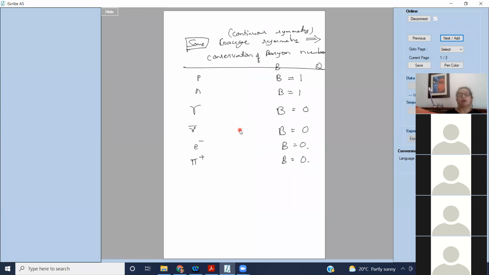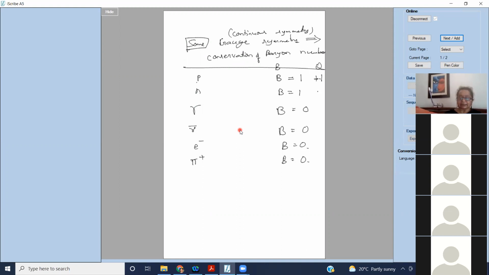I will write the charge now. You have to tell me what is the charge of proton. +1. When I don't write numbers, I will tell you it's +1. I forget about the units. Charge is a quantum number. Its value is +1 for a proton. Its units are different. When I say h bar, that's a unit, but I call it a spin half particle. Physicists' way of saying it is spin half h bar, but the quantum number is half. That's what I will restrict myself to.